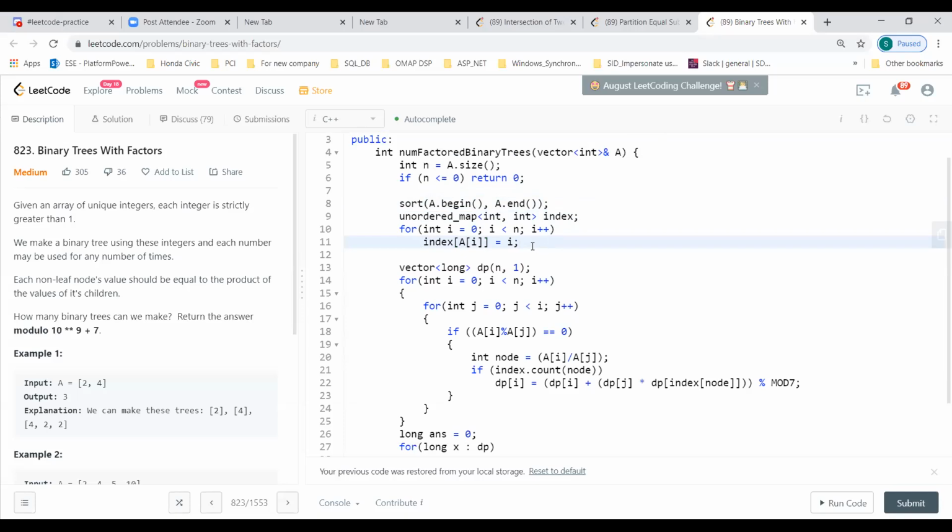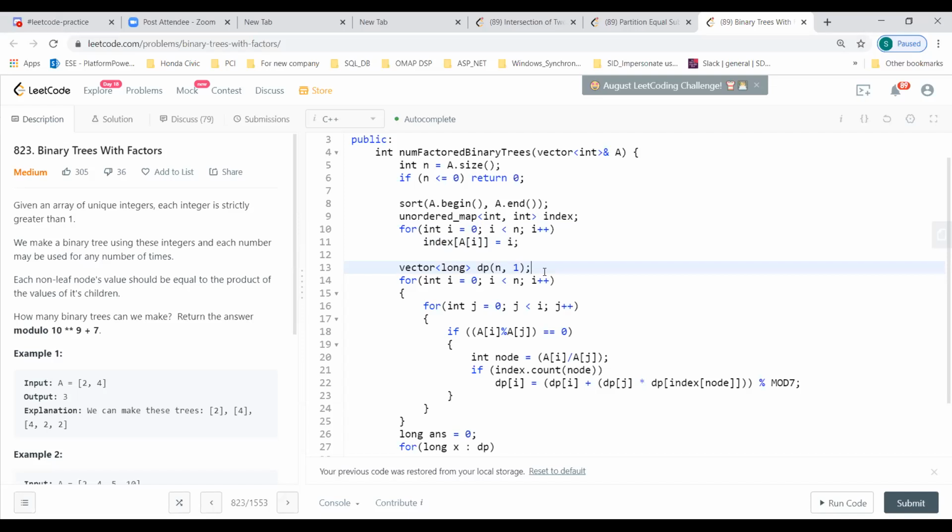Okay, so is this what you wanted to say about the other map, Harshit? So are we using this index, like the value part of the hash map, somewhere? Yeah, we are using it. Right, so what I was saying is that let's not store this index. Let's just store true or false in the value part, because if the element is already there, then we'll have the DP of that element, right?